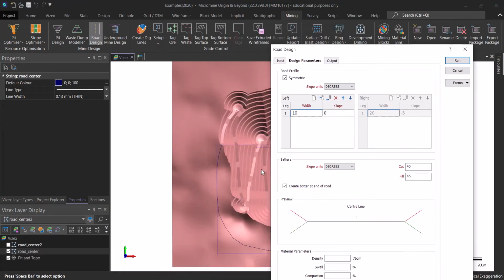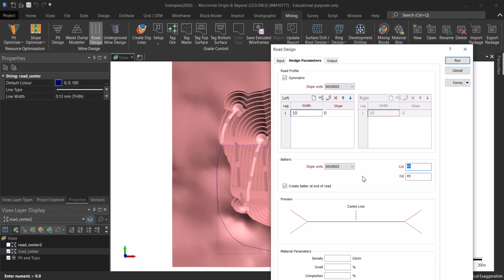So basically, if we are going to create a road in here, in some areas we are going to do some cutting, and in some others we are going to do some fillings. So you are going to choose the slopes for both of these areas. So in our case, we have chosen 45 degrees and 45 degrees for the fill. But in your case, these are not going to be just arbitrary numbers, so you need to take a look at the different materials in there and do some slope stability analysis and see what is the optimal slope angle to use for either cutting or filling